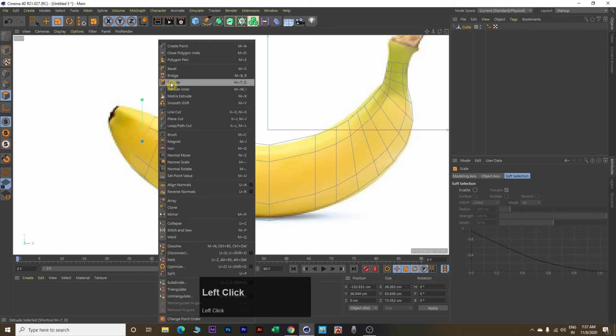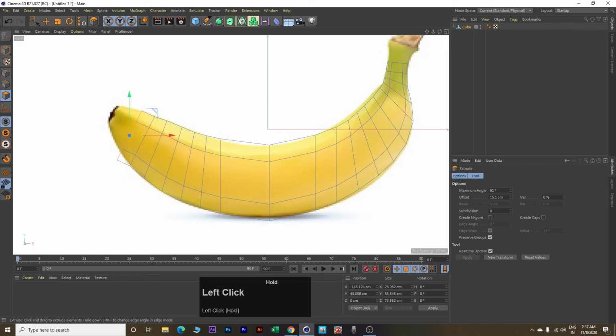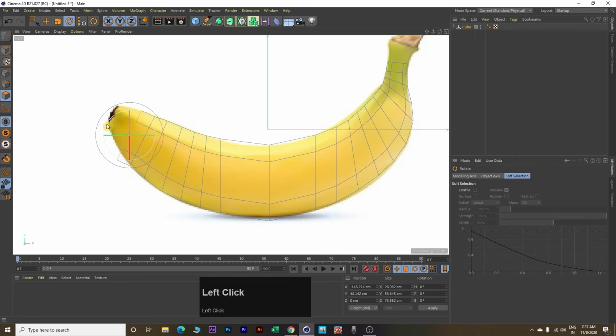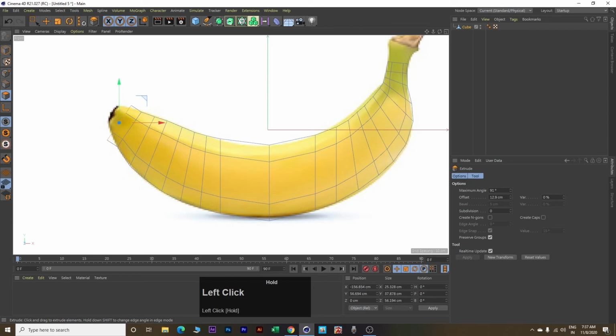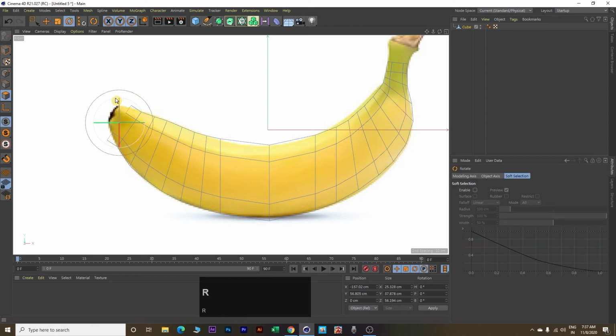Again extrude, rotate, move it upward, resize. Again extrude, rotate, move, resize, move it a little upward.